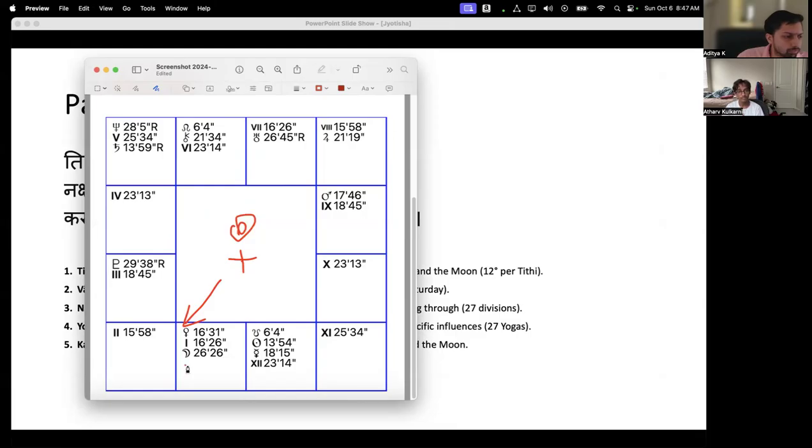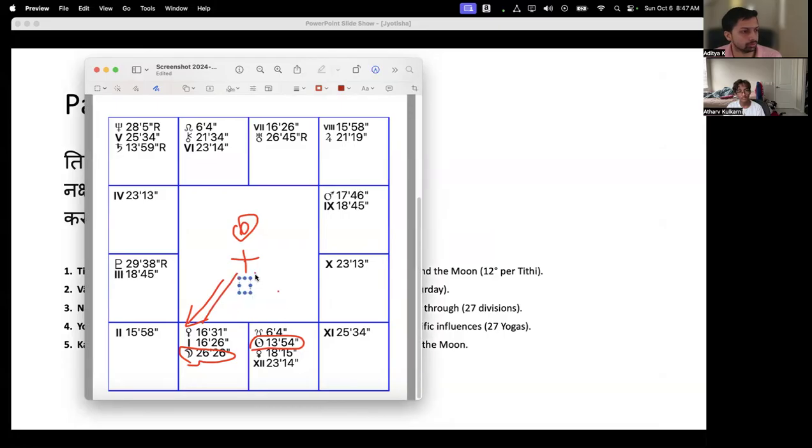The moon is this one here, at 26 degrees, and the sun at 13 degrees. We don't need to go into all the mathematical specifics, but what Tithi is basically is the angle between the sun and the moon, very simply. So what is the angle between the sun and the moon? If I'm sitting in the center and this is a pizza, so basically from here to here, this angle is Tithi. So let's quickly calculate what it is.